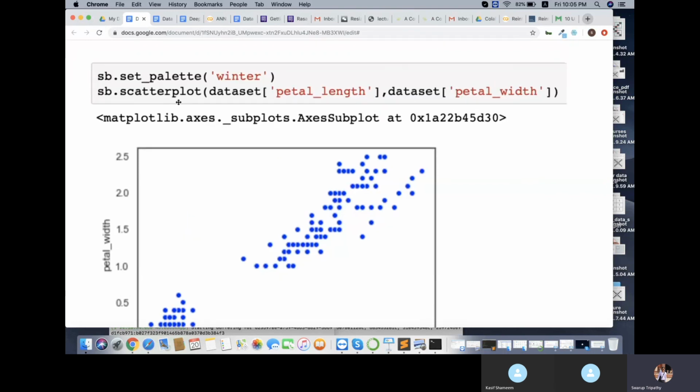Seaborn also has the same thing, so you can try this. Actually, the new Seaborn package doesn't have this scatter plot, because between matplotlib scatterplot and seaborn scatterplot there is not much difference. But still you can try this, okay, to see if it works or not. Mine is an old Seaborn version, that's why it works, but you can still try. I think in Google Colab also it will be the old one. If it doesn't work, then you can write plt.scatter instead of sb.scatterplot, like what we did yesterday.